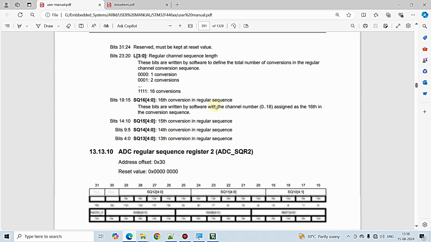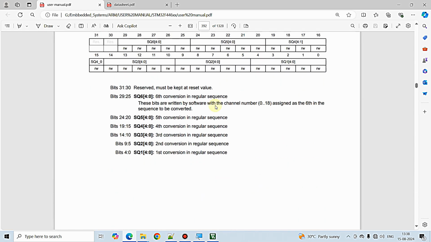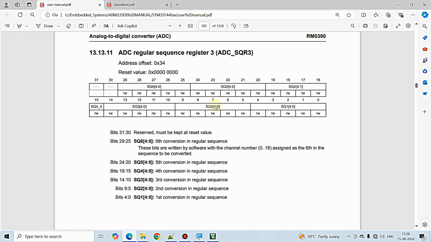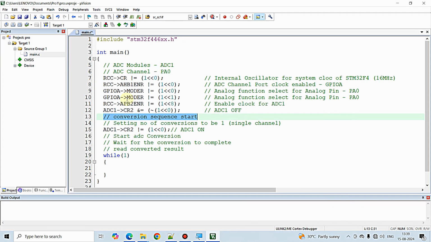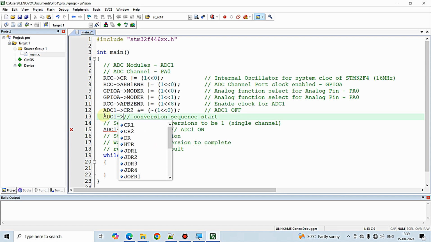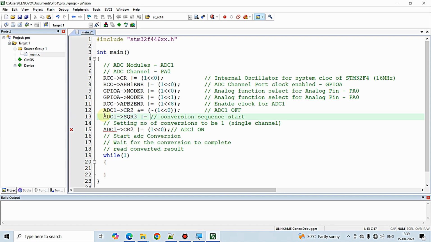So I am just going to use the SQ1 sequence right over here. So I am just setting the bit number 0 right over here. If you want to use the sequence of SQ2, you just want to set the bit number 5 in this particular register. So here I am just going to set SQ3, bit number 0,